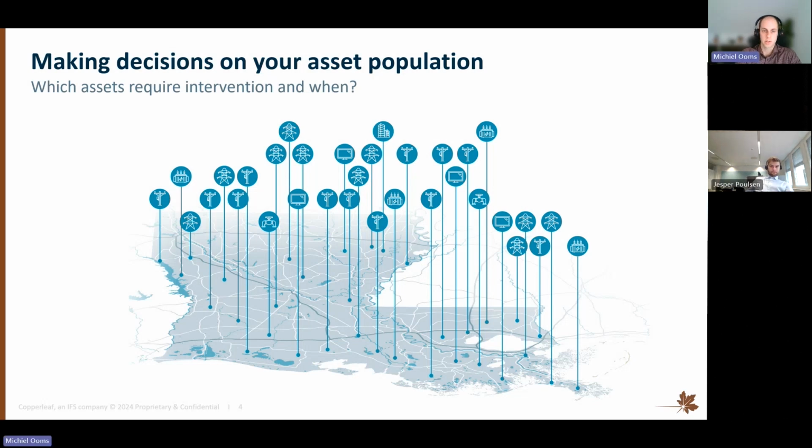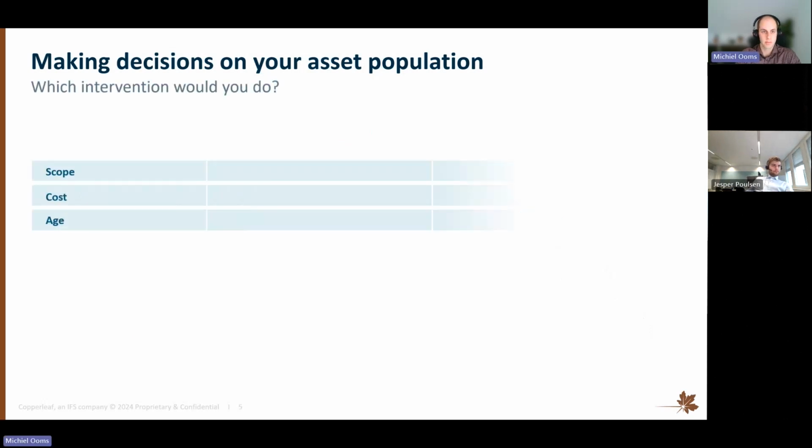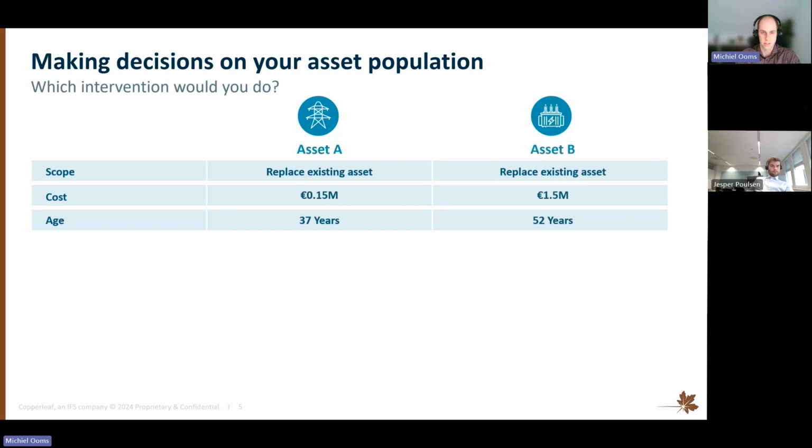If we try to put that into perspective, we're going to look at two different types of interventions, one for an asset type A and one for an asset type B, where we're both going to do a replacement. Both have a different cost and a different age. Both of them are quite old and require an intervention, and one of them is quite a lot more expensive than version A. And before we make a decision on which one we would like to fund, we need to have,